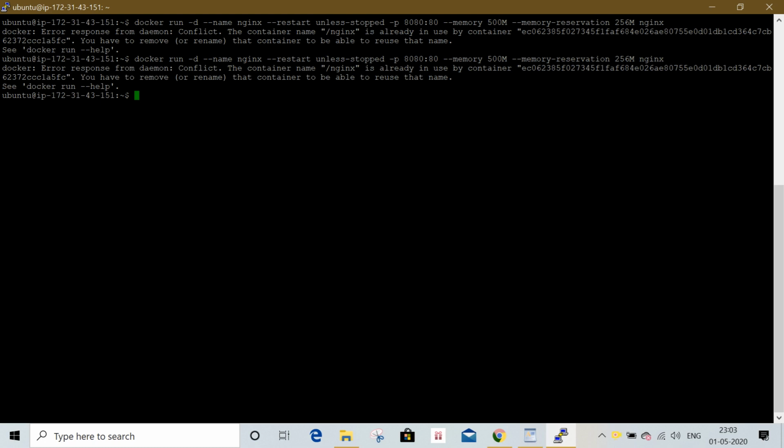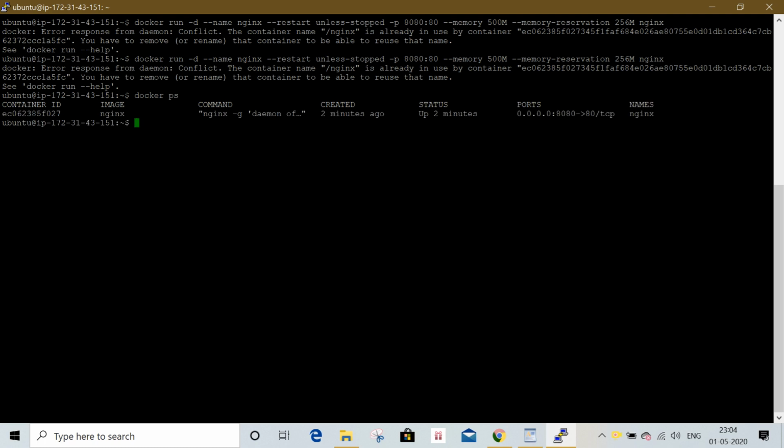Now I will see which containers are running. docker ps lists currently running containers. Currently only one running container is displayed. You can see here the container id, the image name I provided, and the command inside, which comes by default.